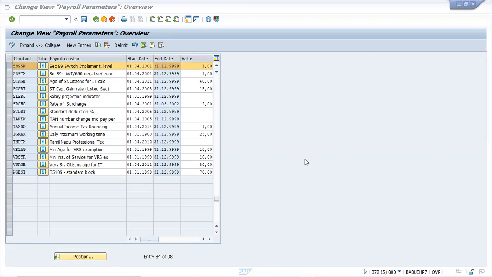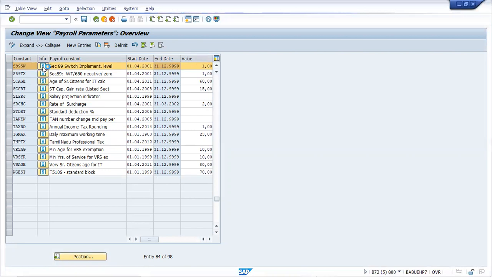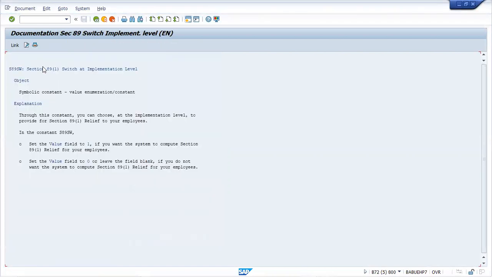If you put 1, otherwise you can leave it blank, or it's a zero. The same thing you can read in the documentation. Just open that I button, click that I button. The same thing has been explained there. If you set it to 1, the system will compute the section 89 relief for the employees.